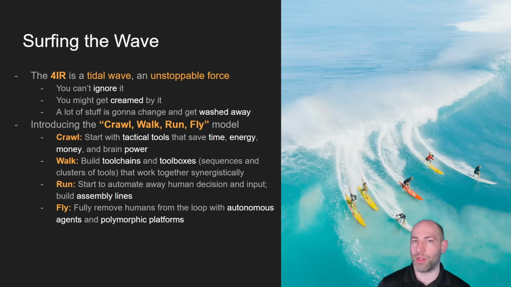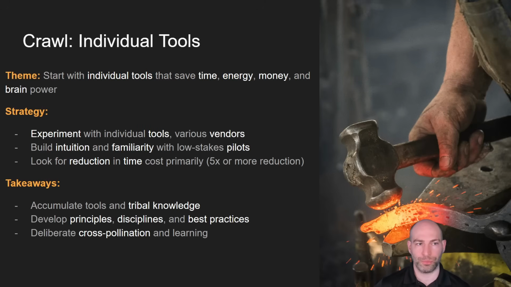All of these things are hypothetically possible today, and people are trying to build them. And so I've just read the writing on the wall, and this is the direction it's going. And so what you can do is you can adopt this strategy to get from here, where you're not using any AI today or using very little, and ultimately getting to the point where a majority of your business is fully automated. So how do we get there?